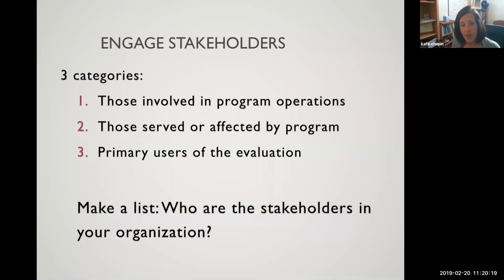And then secondly, there are those that are affected by your programs. So those that you serve: your clients, family members, neighborhood organizations, academic institutions, elected officials, advocacy groups, even your skeptics, your opponents, right? And it can also be your staff in your agency or even competing agencies. And then the third category is the primary users of the evaluation. So the specific people that are in a position to do or decide something regarding the program, right? We often think of these as your program administrators.